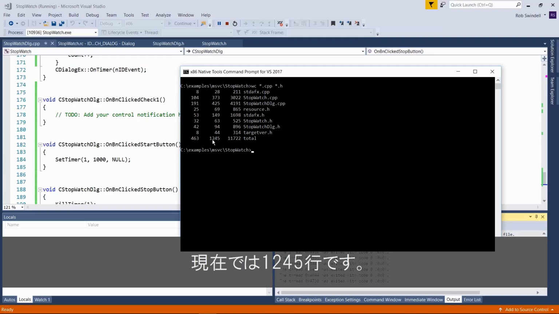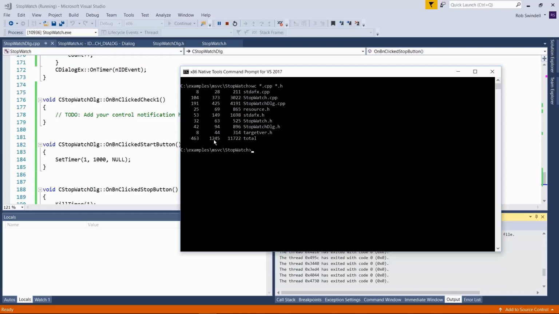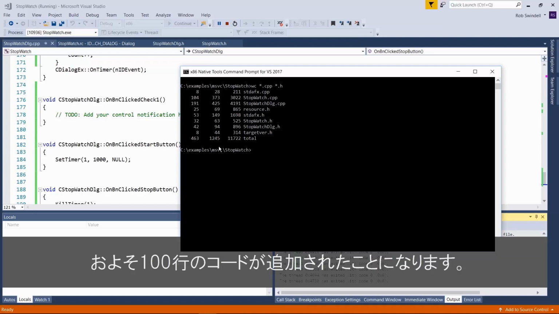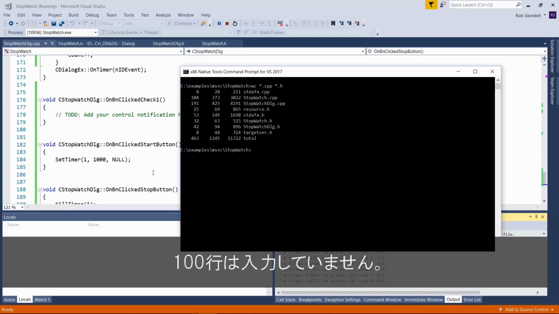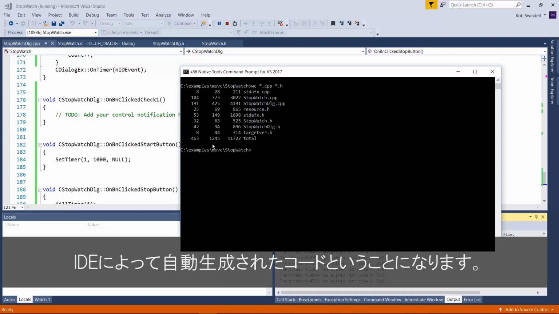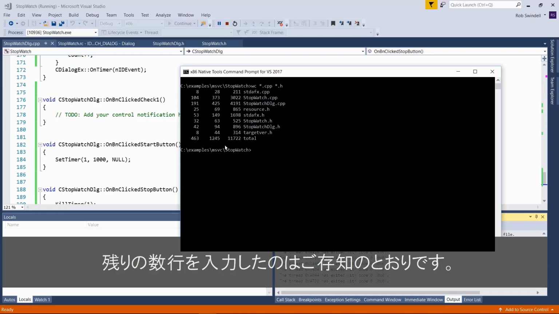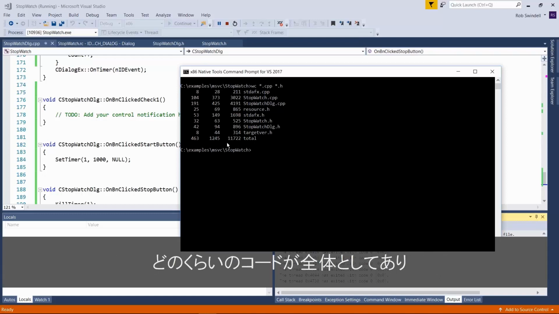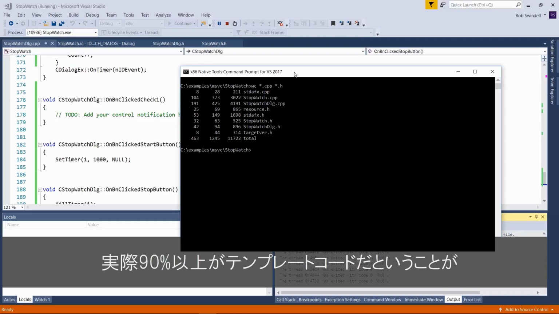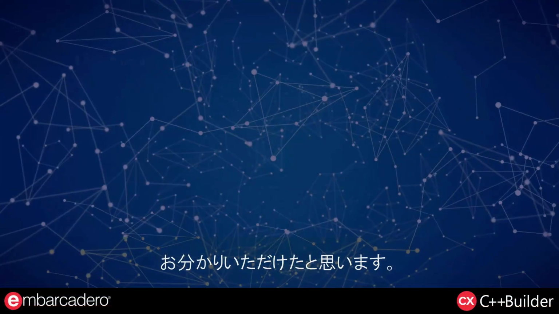And now we're at about 1245, so about 100 lines were added to the code. I didn't type 100 lines, I maybe typed 2 or 3 lines, so that's how much code was auto-generated by the IDE. It gives you an idea how much total code is boilerplate, which is 90+% of it.